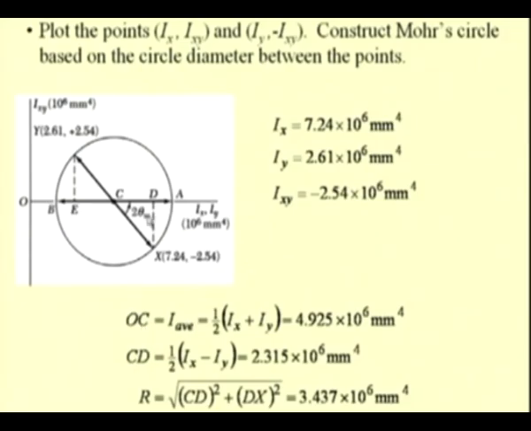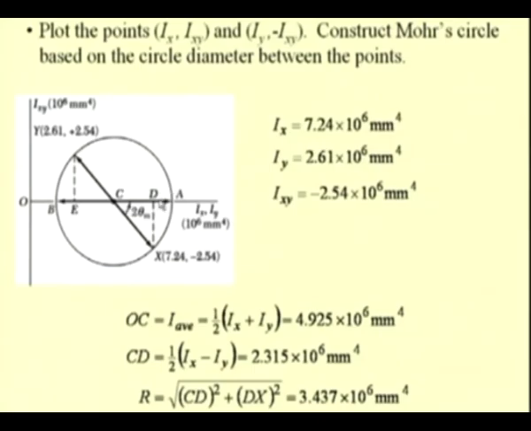Either we can use a graphical procedure, or we can find the center and the radius of this circle. The center is located at a distance of I average from this O, that is half of Ix plus Iy, which is equal to 4.925 into 10 to the power of 6 in this case. Then let us find this radius, which is equal to this distance CD